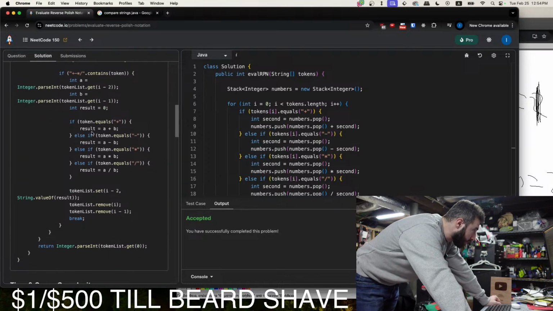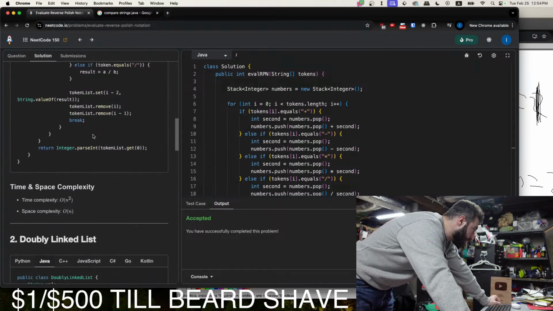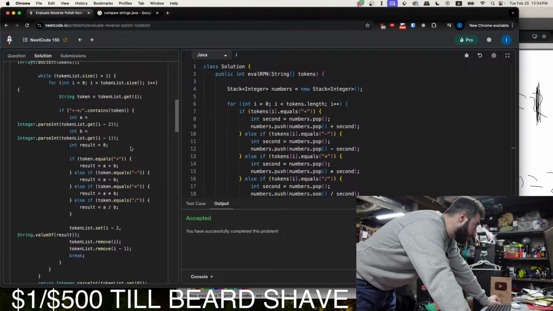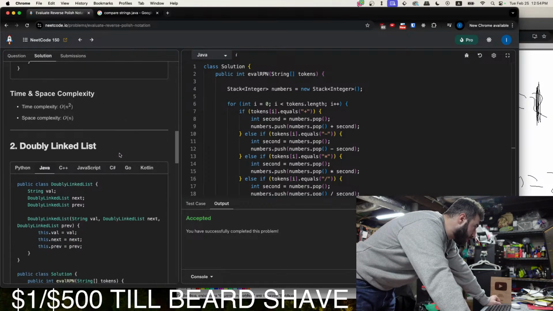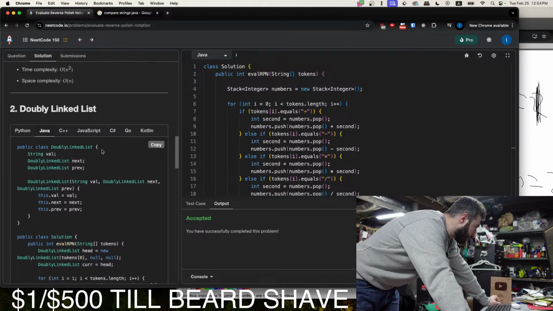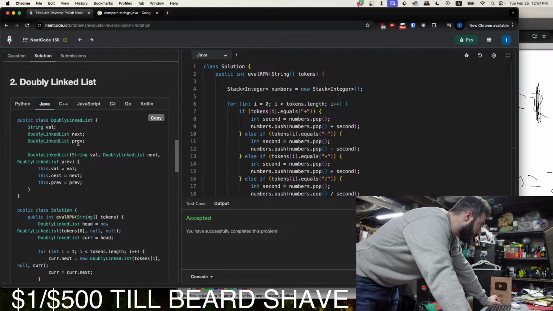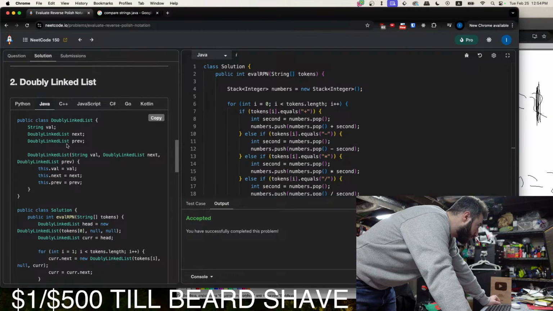Interesting. I don't like that way. It's yucky. Oh, this takes O of n squared time. That's just complicated. Ugh. A doubly linked list. Interesting.